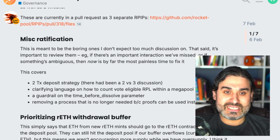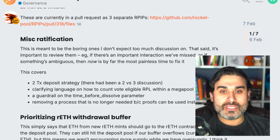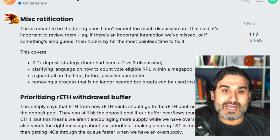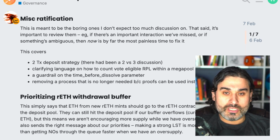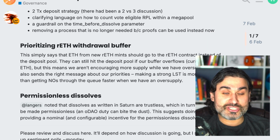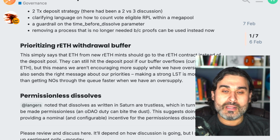a two transaction deposit strategy instead of a 3 transaction deposit strategy, language on how to count vote eligible RPL within the minipool, a megapool even, a guardrail on the time before dissolve parameter, and removing a process that is no longer needed because proofs can be used instead now. So that's like limiting the ODAOs, taking away one of their duties. This is the part that I found really interesting, which is prioritizing the rETH withdrawal buffer. So this is for people who are wanting to...